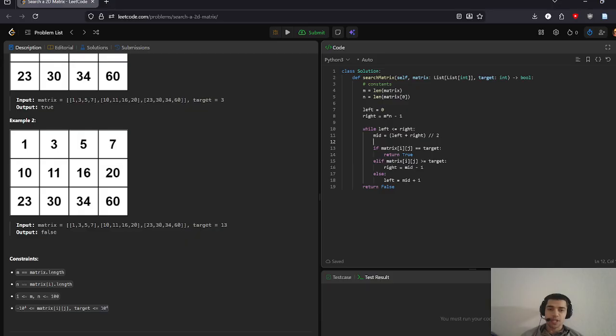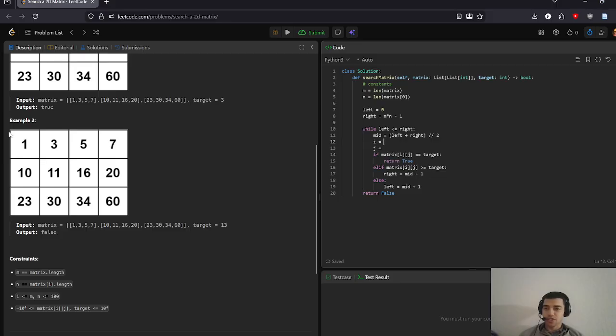So from the mid, I'm going to extract the i and the j. This is not going to be as if we had a curve. So i is not to the top, but rather to the left. It's with the m and j here. This way I can do matrix of i, j instead of j, i. And to extract, for example, if this is the mid, I mean, if we take the first example, it's going to be 11. So if we want to extract the i and j,